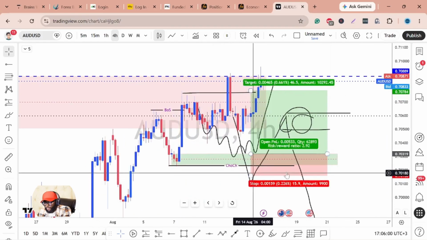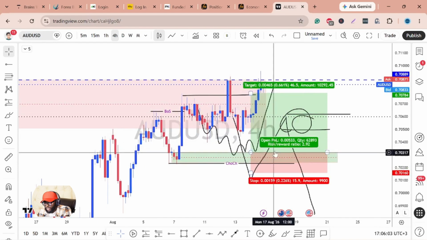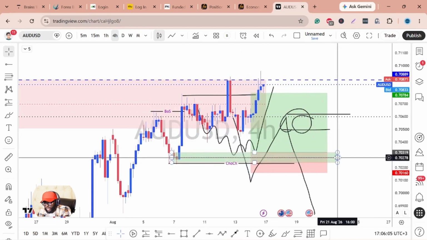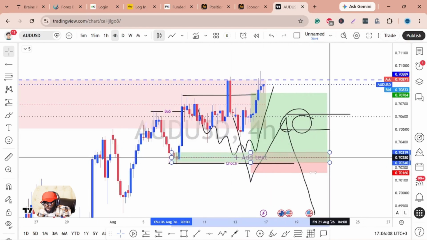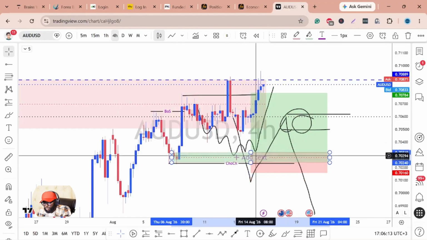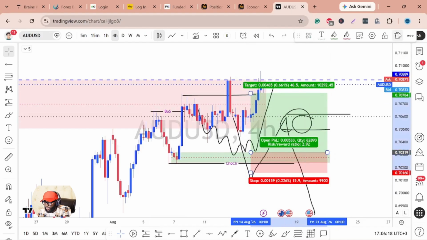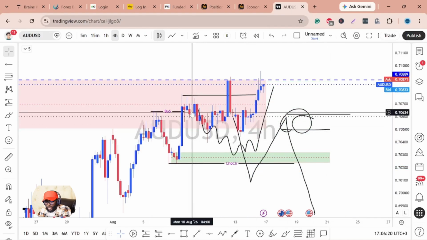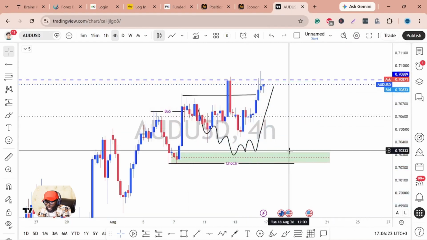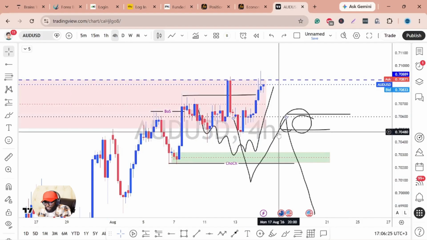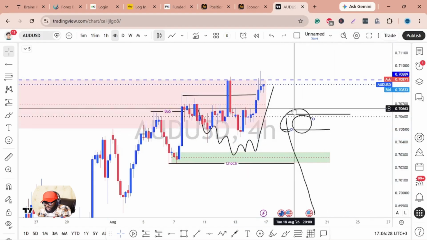Last week, I was waiting for price to come to this demand zone, just like we had analyzed for EURUSD. For AUD/USD, we were looking for price to come test this demand zone, and once we get here, we look for a signature setup model to take price higher. Unfortunately, unlike EURUSD, AUD/USD did not get to this zone, so we did not have any setup on that level.